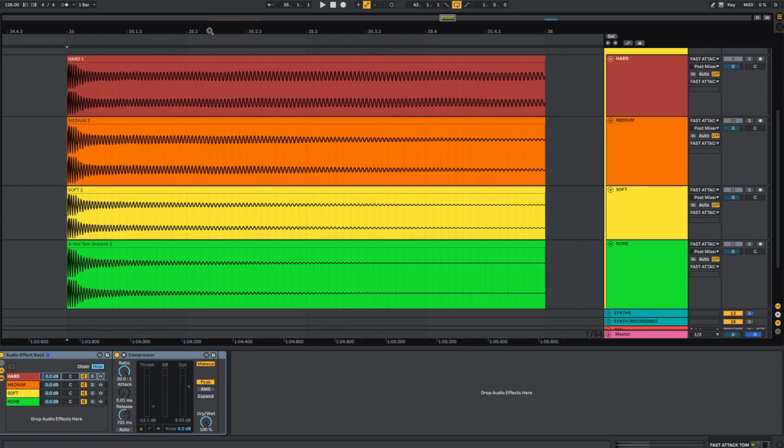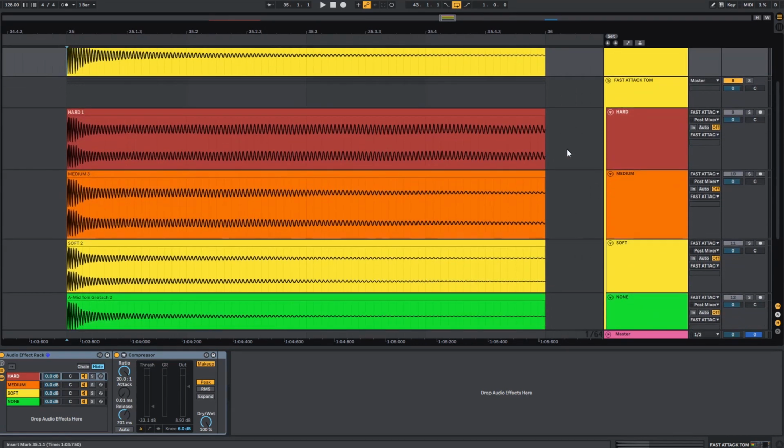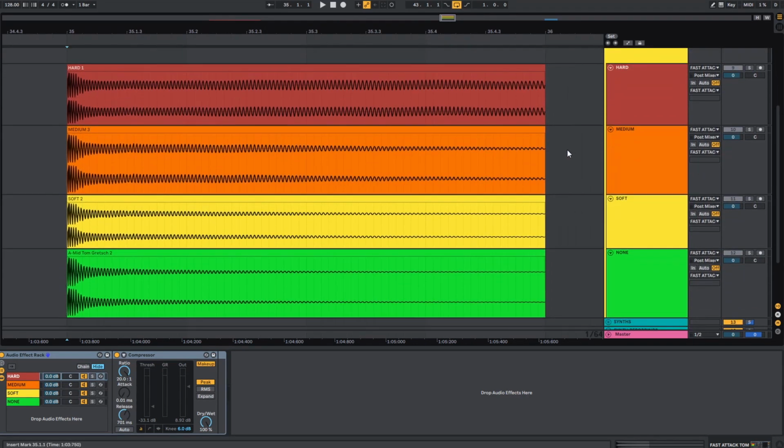So essentially what I wanted to get across with this video was some scenarios where you would want to use compression. I think some really good scenarios for fast attack compression would be if something isn't poking out enough or something seems too pushed back compared to other elements in your mix. You want to use a little bit of compression to bring out those first 20-30 milliseconds and make them feel a little closer to you